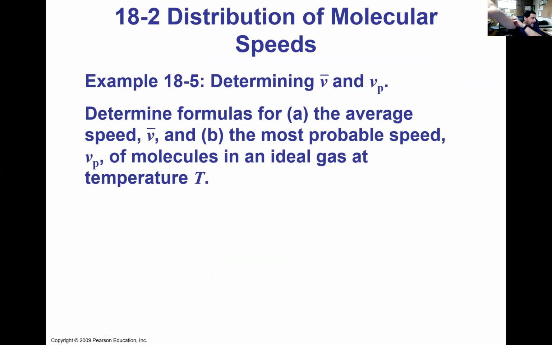So determining V_RMS and V sub P, the most probable speed in an ideal gas. I'm not going to ask you to do this type of proof on a test. I think it's more important that you know how to get VRMS based on the two methods that we showed. One, if you were given information about the gas and you could determine the masses, or if you were given a data set of different speeds. If you want to look at the proof for this, it's in the textbook on page 481.